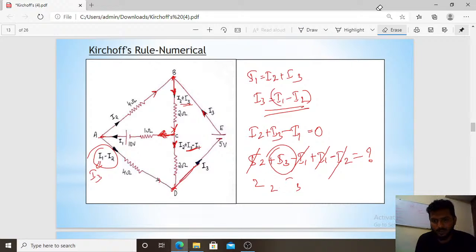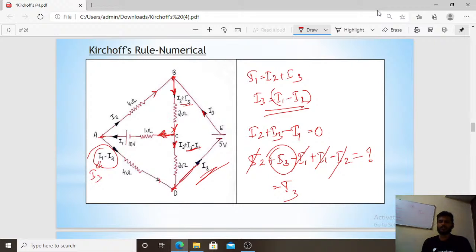Sometimes confusions happen, so don't take tension, think a little and write. So that is nothing but I3. I have written I3 here. This is how you should apply Kirchhoff's current law for this circuit. When you are given a lot of resistors and a lot of batteries, you have to write the current distribution first, properly. Then you need to apply the junction rule at all the junctions,